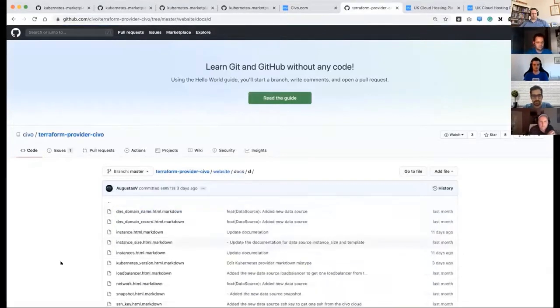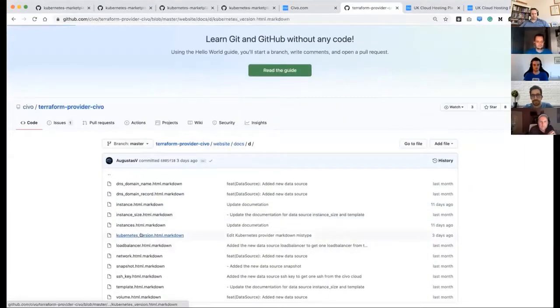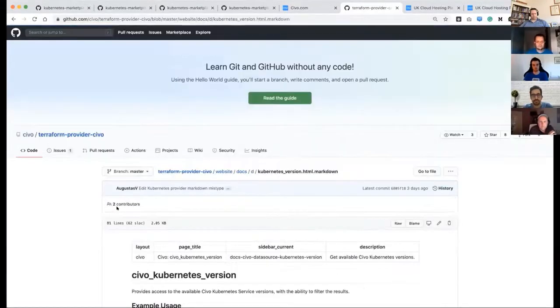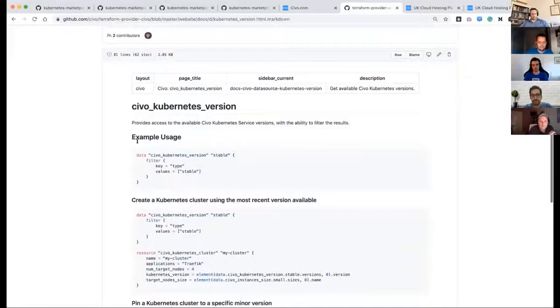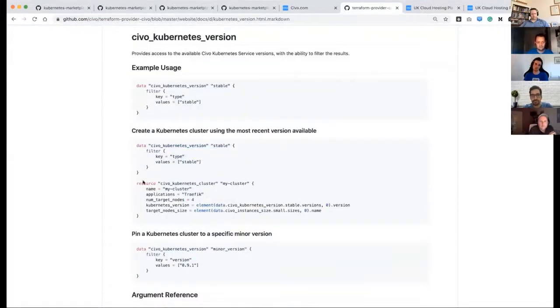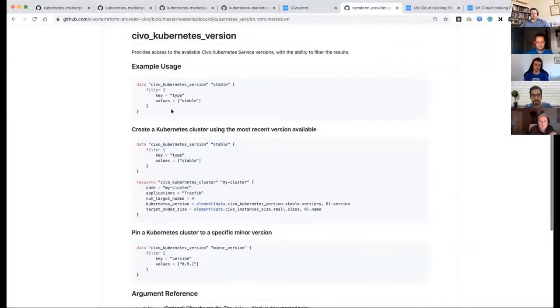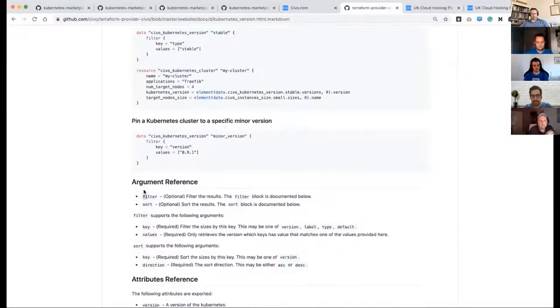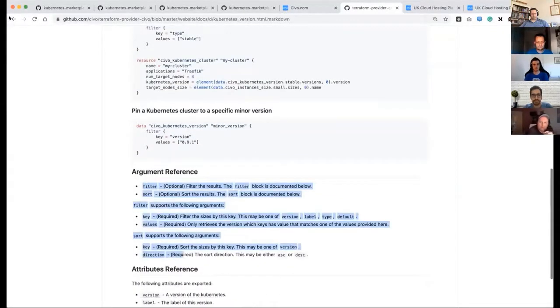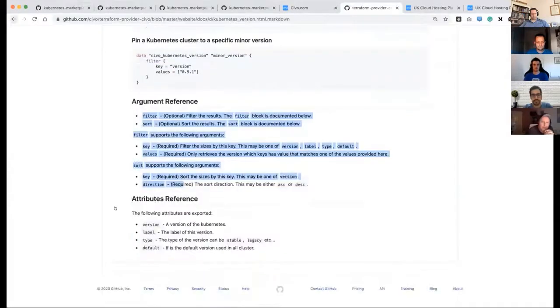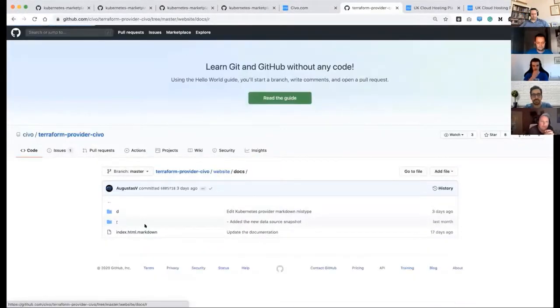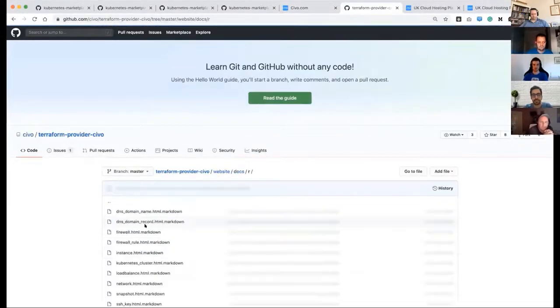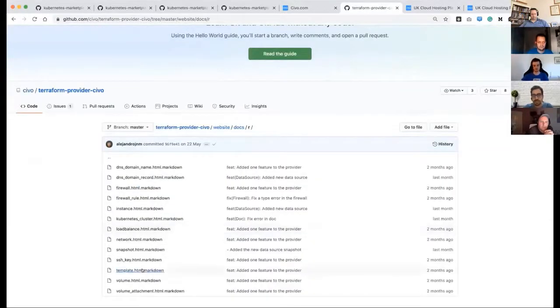You can see for Kubernetes what all data sources are there and how you define them, like the version and additional reference, all the filters. And the same is for the r. r means the actual implementation: how you define the resource, and what all the resources are that you can create via the Civo Terraform provider. All these are the resources that you can create using Terraform itself.